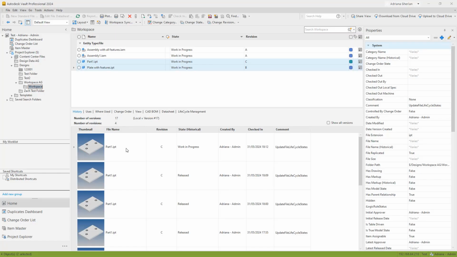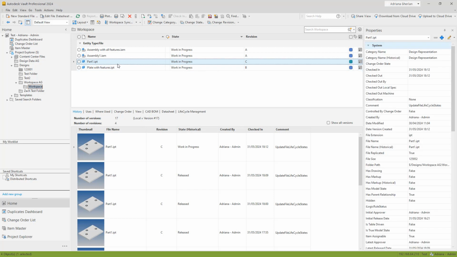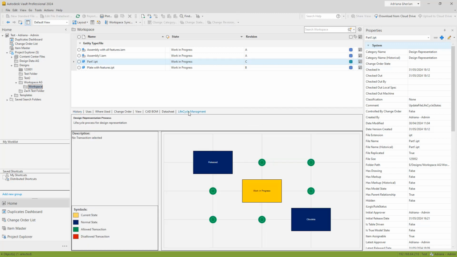Hello, in this video I would like to show you a new functionality that is coming in GRAITEC PowerPack for Vault 2025 version. This functionality is related to lifecycle management process, and it's available in the preview pane mode under a new tab. So if you are selecting a file and we are clicking on lifecycle management, we will see